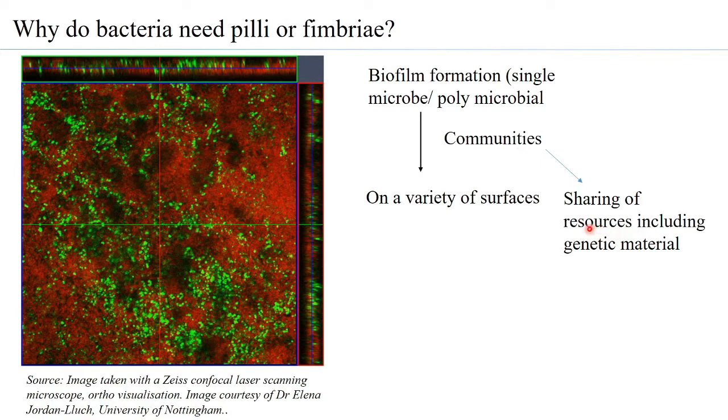So, for example, various different substrates are being used or shared by the different bacteria. Or, for example, one bacteria produces a product from a substrate, and that product becomes a substrate for another bacteria. So, therefore, together they share the resources, including genetic material, which is shared between two different types of bacteria. So exchange of genetic material is also something that is observed in these communities.